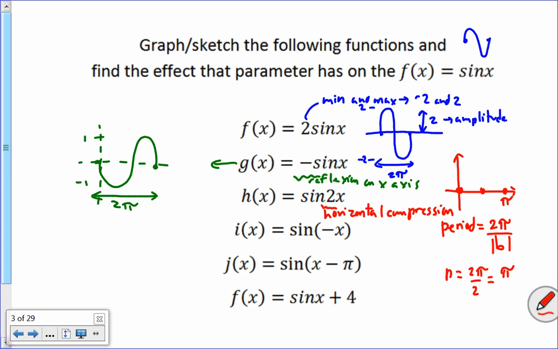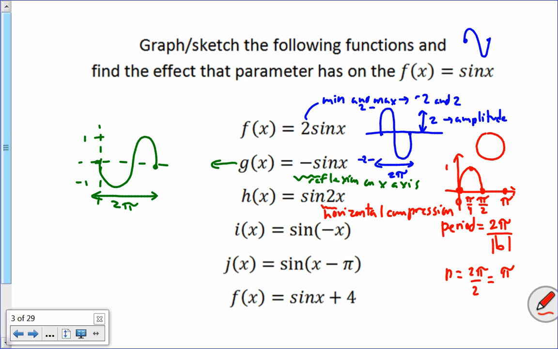Here. But what value here? Halfway between 0 and pi is what? Pi over 2. And halfway between pi over 2 and 0, it's pi over 4. So here at pi over 4, are we going to be at the top or at the bottom? But am I going up or down? Going up. Okay, so I'm going to be at 1 here. I'm going to start like this. And between pi over 2 and pi,